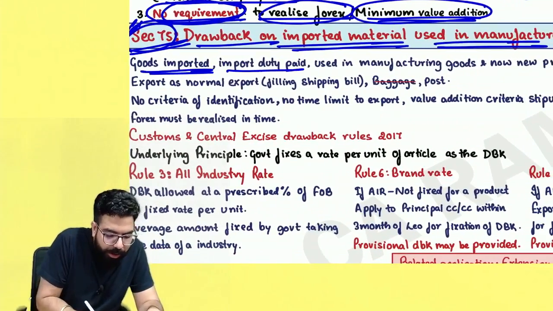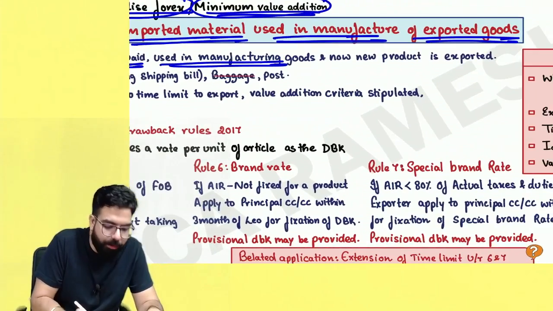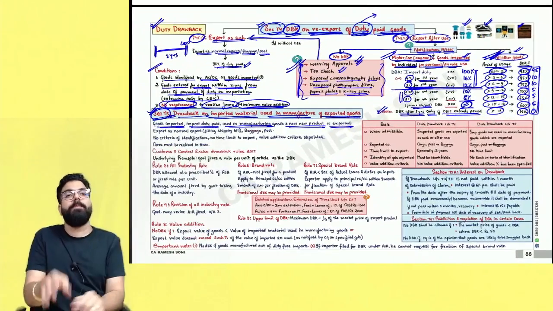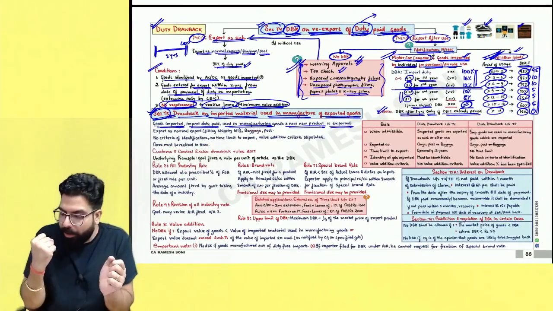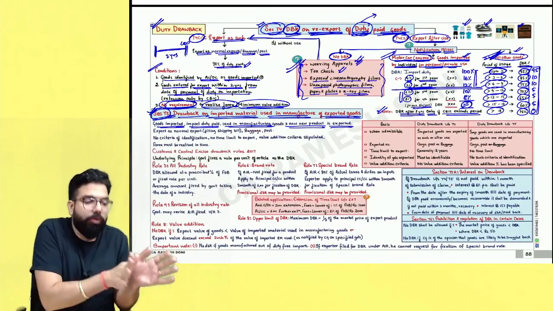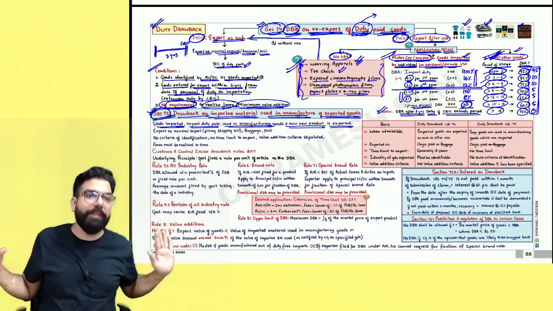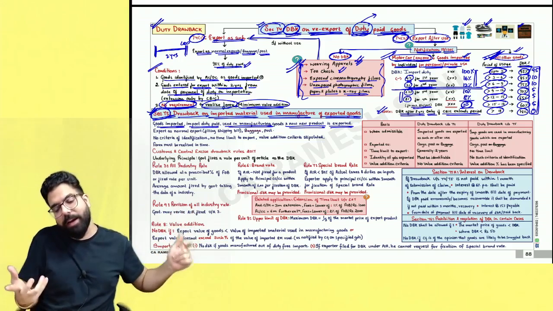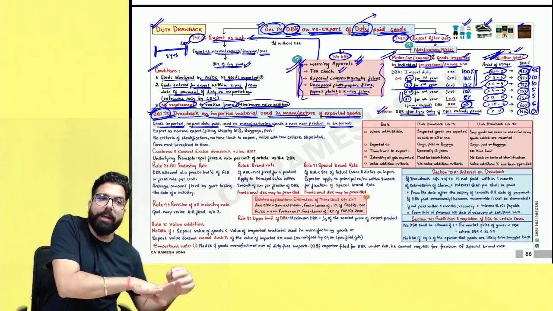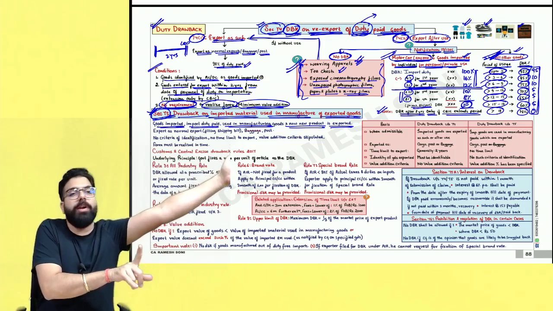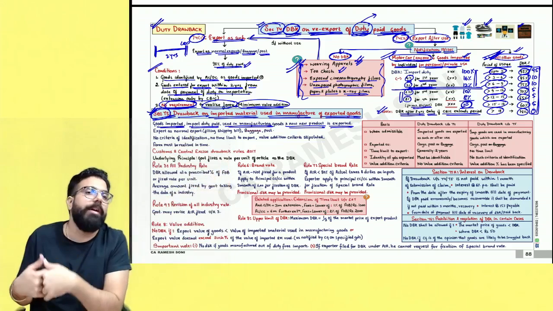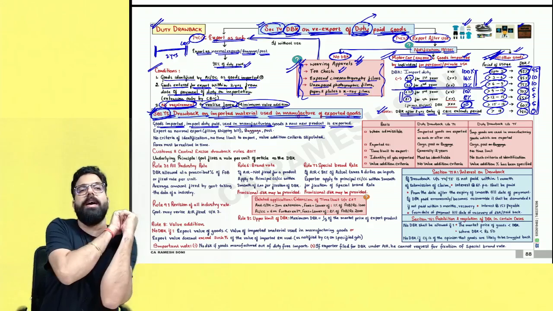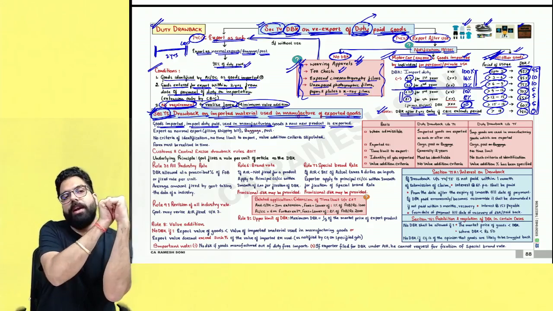The goods are imported, import duty is paid, used in the manufacturing of the goods, and now the new product is being exported. Section number 74 was basically for traders who imported something and sold the same thing outside India. There is no value addition done in India. Section number 75 is: you bought raw material, cleared in India, made the final product out of the raw material, and the final product is exported. Then whatever duties were paid on the material used in manufacturing the final product,